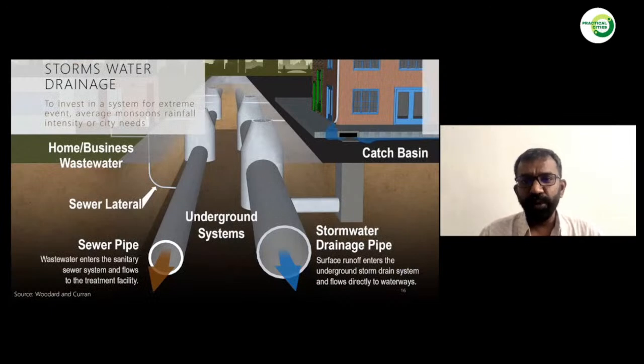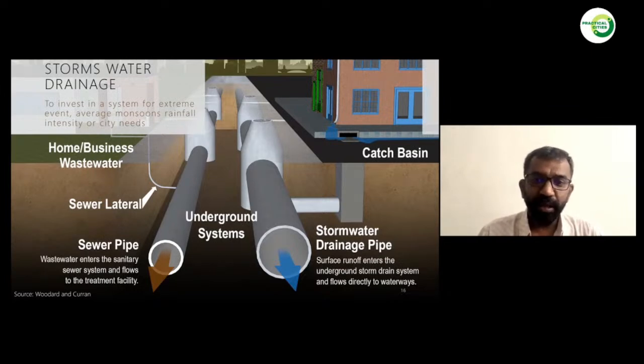So in that particular context, while cities are growing, we are constructing bigger and bigger stormwater drainage systems. And in most of our Indian cities, the stormwater drains are used only for 96 hours out of the 365 days, because that is the average number of rainfall hours in which most cities get their rains. Of course, the monsoon season is for 3 to 4 months. Within the monsoon season, you have a few days where you get the rainfall, and within those few days, you have a certain number of hours where you get the majority of